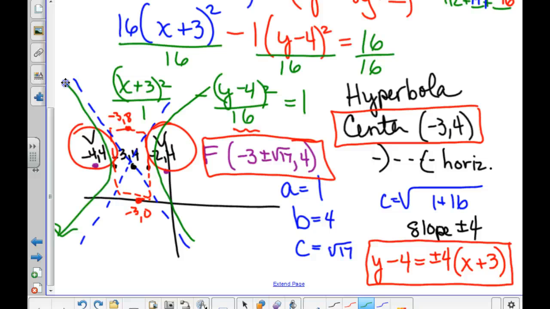You need to get started on both the bookwork and the worksheets, 15, 16, 17, and page, is it 726? Okay,